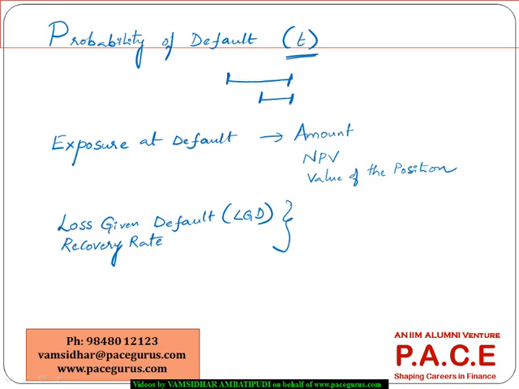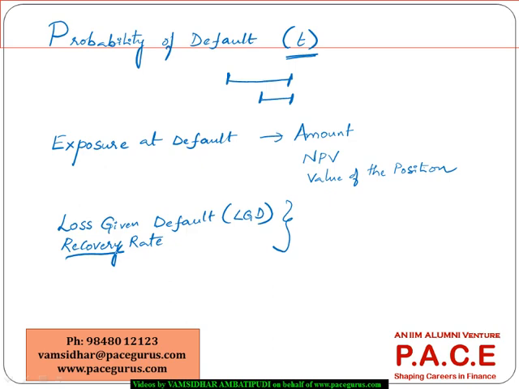Because if there is, let's say, a collateral, or even if it is an unsecured loan, there is some kind of access to the assets of the company. Which means there is some amount of recovery that is happening. It's not 100% of the lent amount that would be lost. So it could be somewhere between 0 to 100%. That particular percentage is the amount of loss that can occur, the proportion of the borrowed money or the lent money that would be a loss to the lender in case